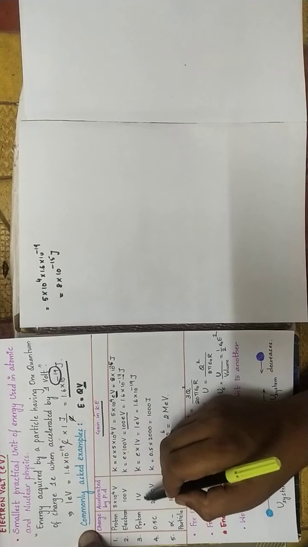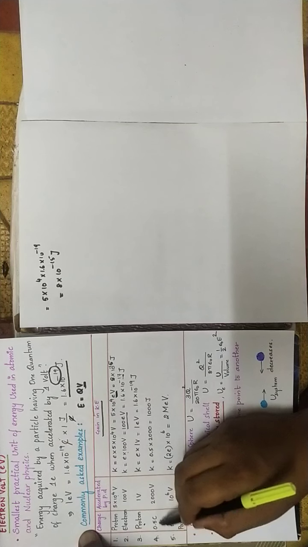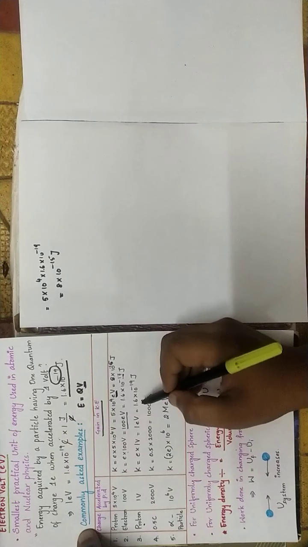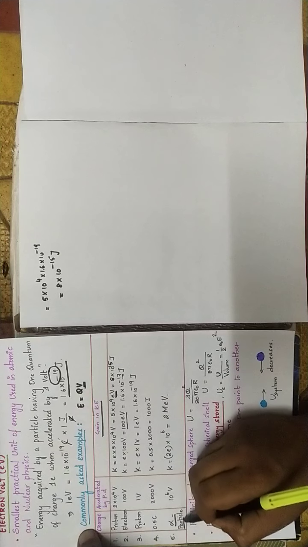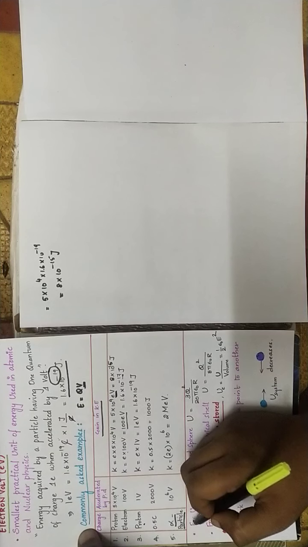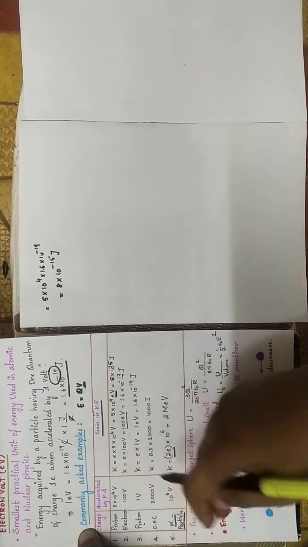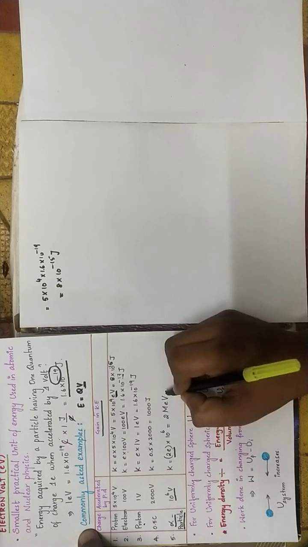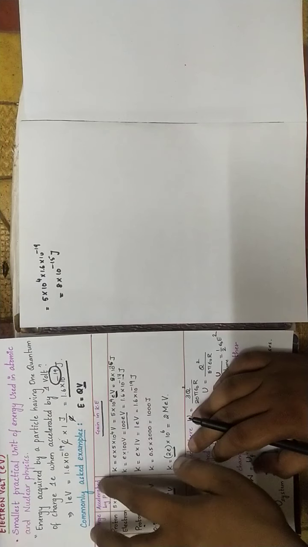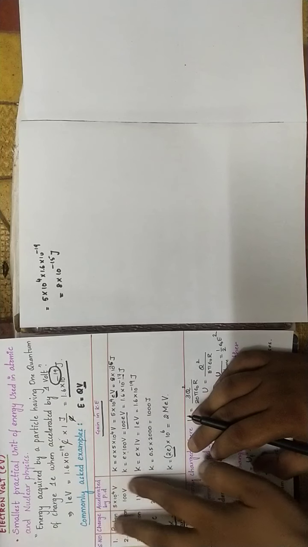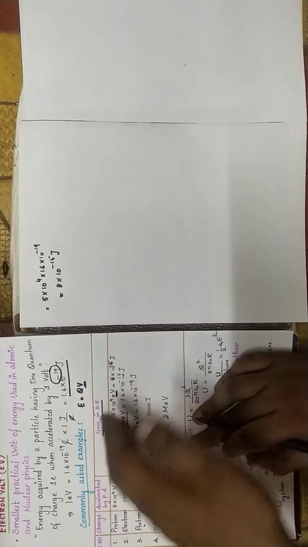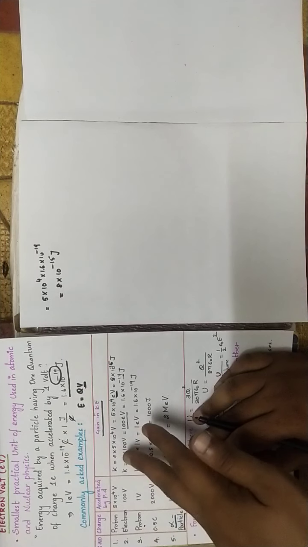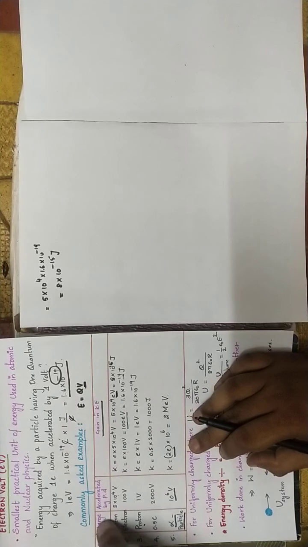Again, for a proton with 1 volt you will get 1 electron volt, whereas for 0.5 coulomb with 2000 volt it is 0.5 into 2000, which gives you 1000 joules. And remember carefully, students, what is the charge of an alpha particle? 2e, that is 2 times the elementary charge, and it is accelerated by potential 10 power 6, and it can give you this value. Don't get confused; these are the questions that were asked, and I have made answers here. I picked out the values from the questions so that you will know next time you need to do it likewise.